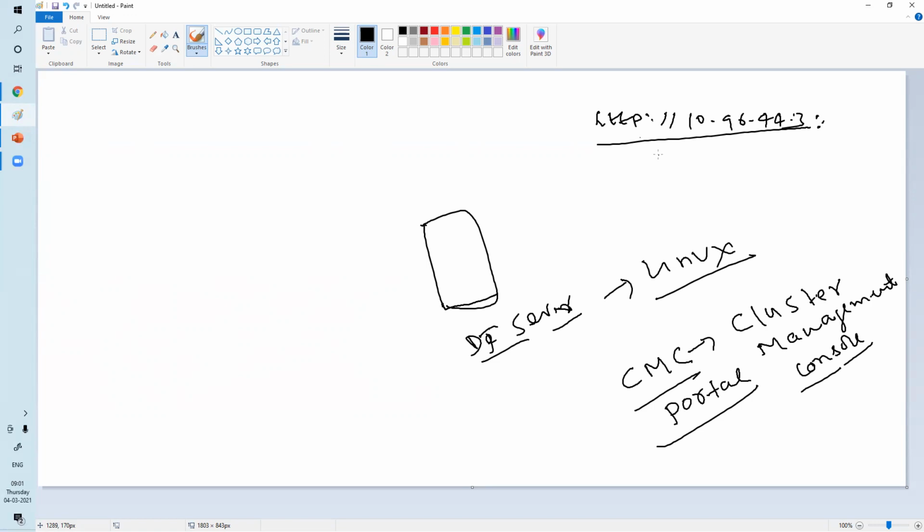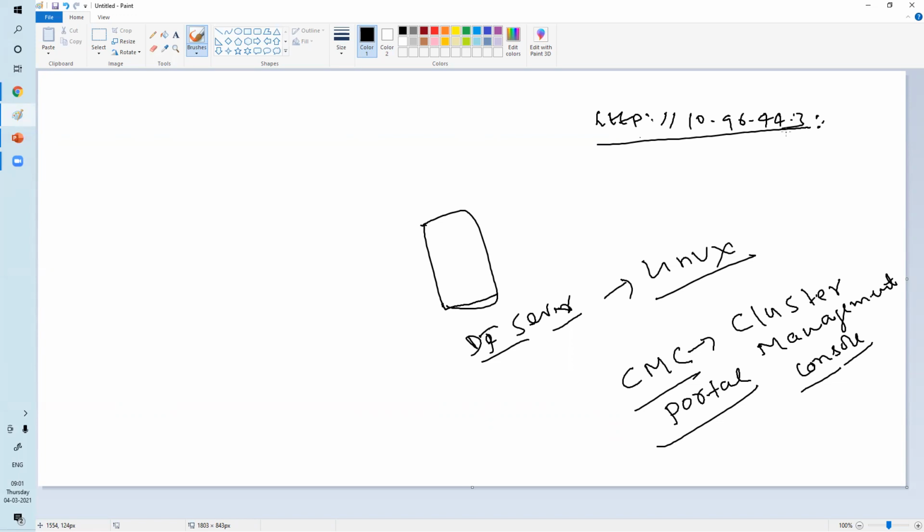Once the Dynatrace server is installed, you will get an install successful message with a link. Click on this link in the Linux prompt itself to open the CMC portal. I'll show you that. Just click there and it will open the CMC portal. There, under the environment, you can see the Dynatrace Web UI portal.